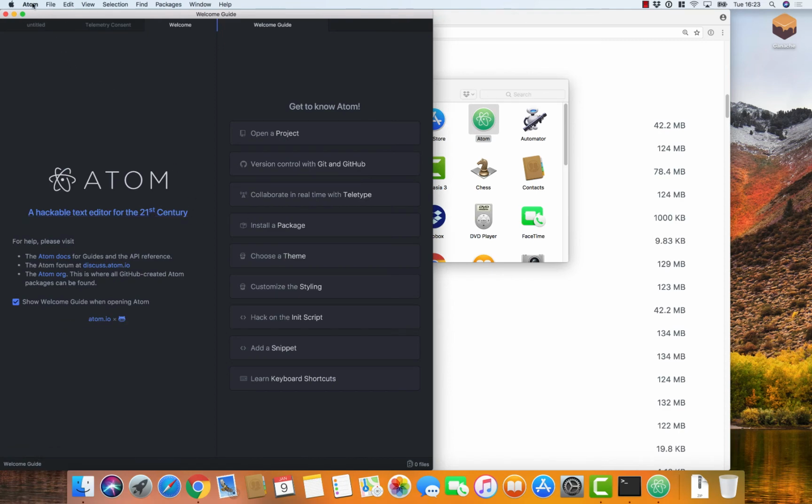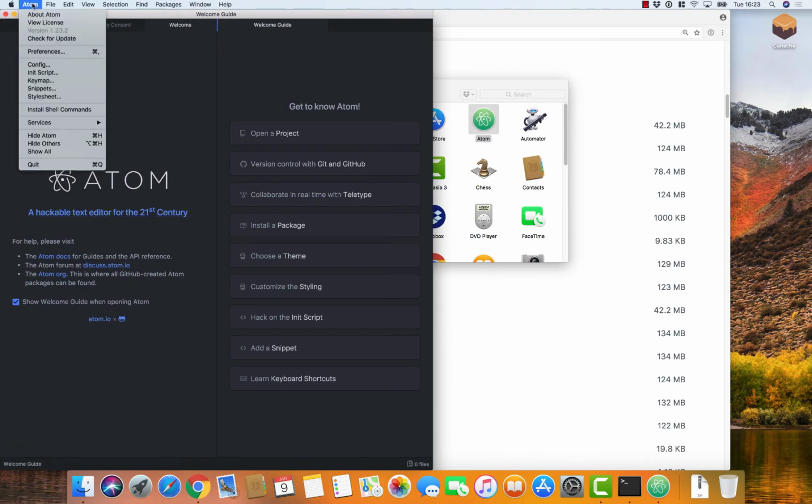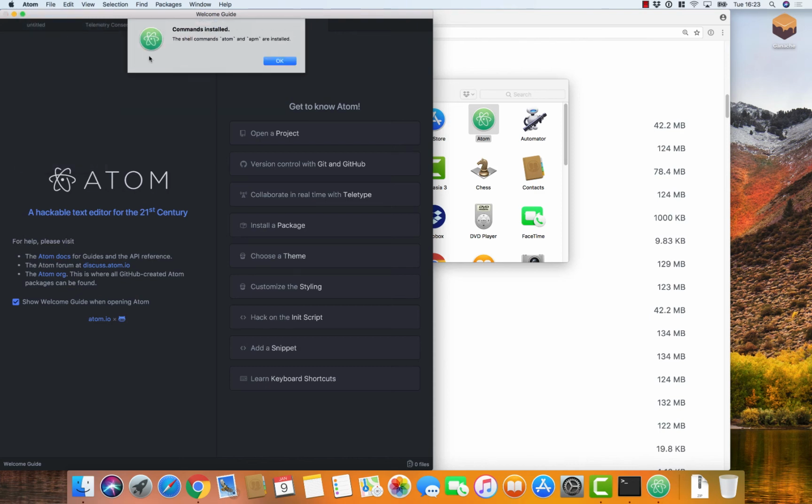Now in the Atom menu, you will find a special menu item called Install Shell Commands. This is required to install the atom and apm commands in the terminal, and that would be very useful. So here it confirms that the shell commands atom and apm are installed. I can quit Atom for now,